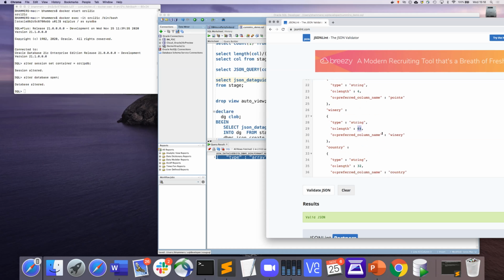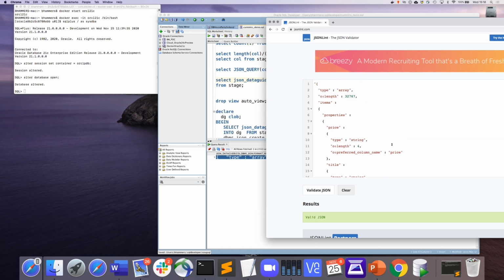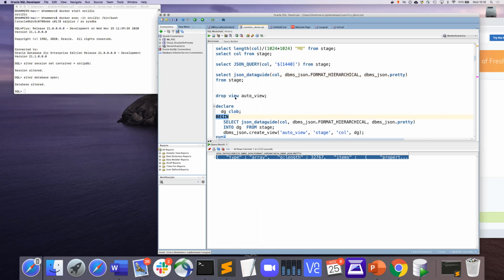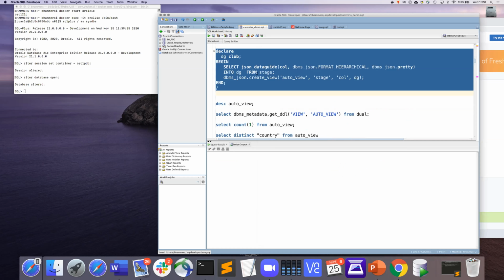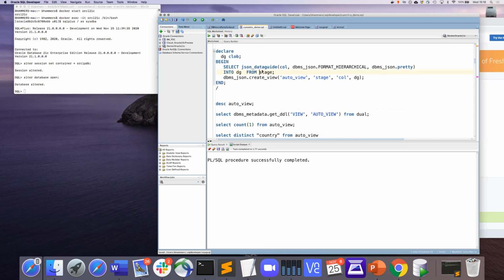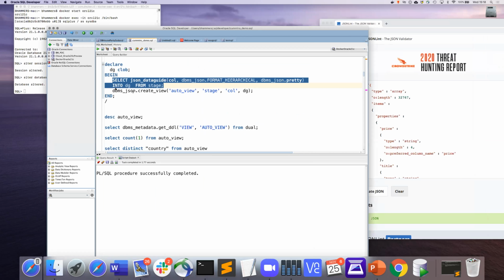So now I know a lot about my JSON, so I could start writing a JSON table statement, but why should I do that? I can automate it. So here what I'm doing is a little PL SQL. This is just the same data guide, the one where you see the results here. And all I do is I pass this data guide into this function, DBMS JSON create view. I want to have a view called auto view over that table.